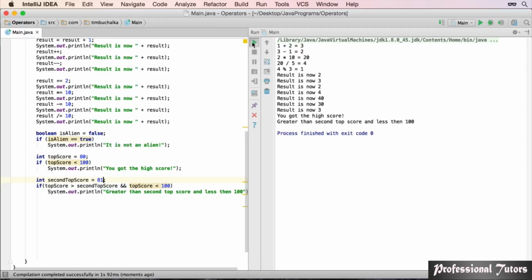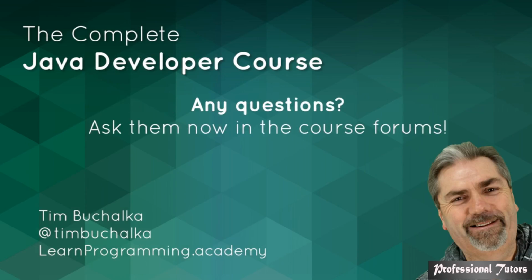Now some operators tend to appear in your code a lot more frequently than others, and if we start typing our code, I'll show you the one that's probably the most common one for you. So we've seen this sort of code before: int result equals something, or we can do something like 1